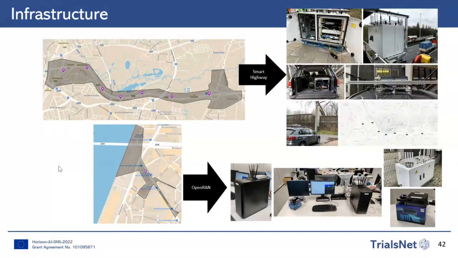together with the applicants. Concerning the equipment, you can also see some pictures here on the right-hand side. On the top, the white boxes are the roadside units that are installed on the gantries. As I already mentioned, they contain the computing units, antennas, and SDRs that provide connectivity on the highway. You can also see the test vehicle that we use for testing on the Smart Highway, with two onboard units, one installed on the roof of the car and one inside. More details about these devices are provided on the next slide.